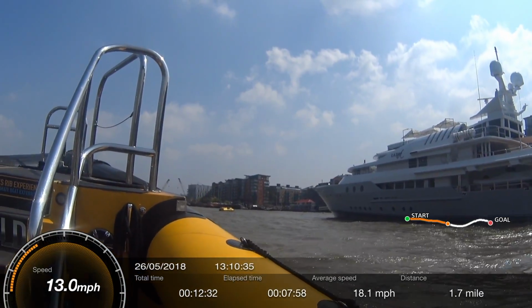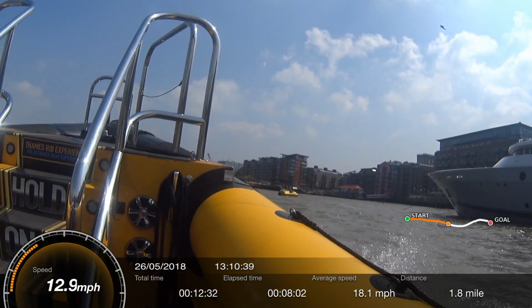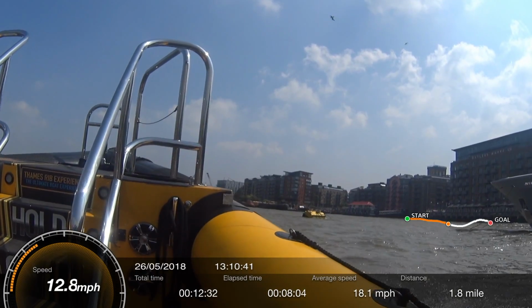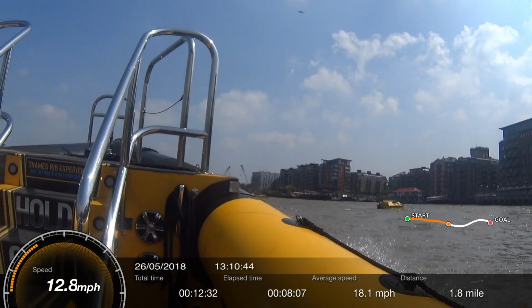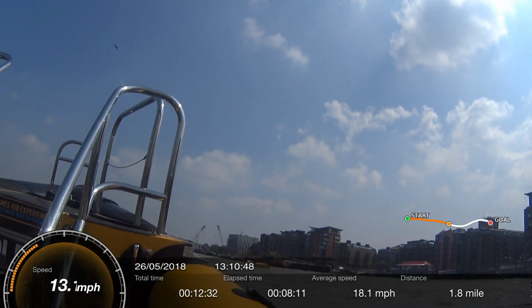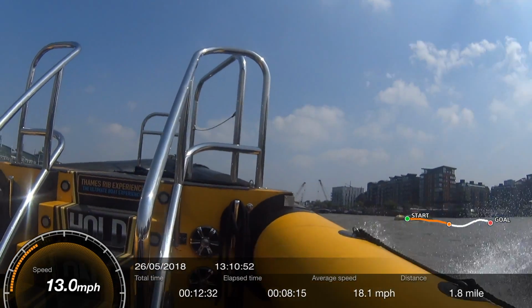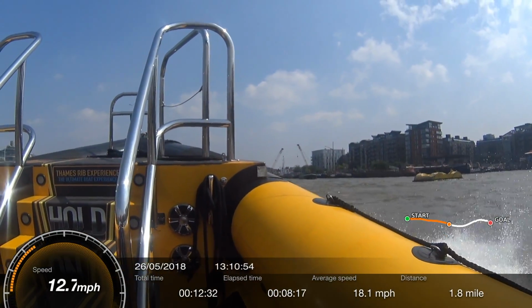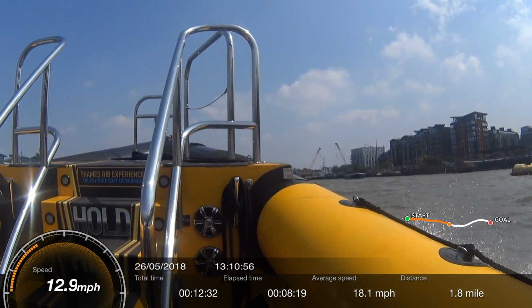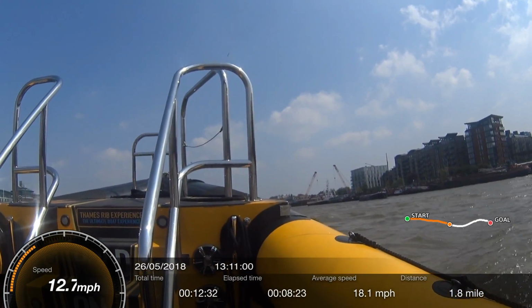This is Lord Alan Sugar's vessel on the right-hand side. And a little bit further on the left-hand side, we can see a building where it says Oliver's Wharf. And you'll be able to see a round glass pagoda facing the river. And behind that round glass pagoda, a little bit further on the left, we have there the home of Helen